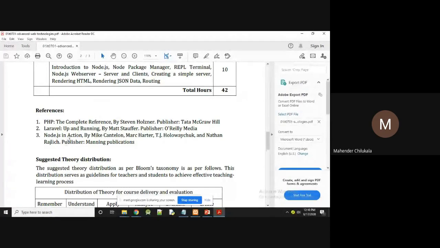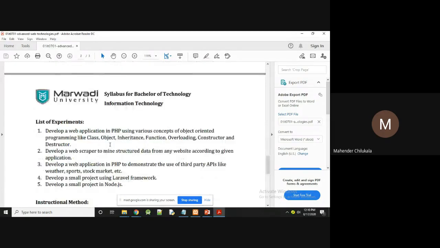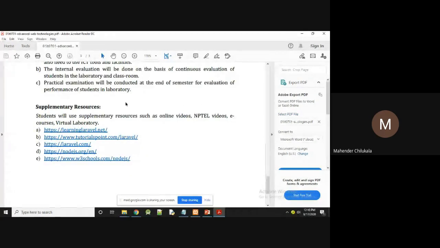Only two, three books are available for Laravel. You can also get the PDF of this book. This Laravel book, you can get the PDF from Google, or else I will share with you. I have that book. The remaining ones I will explain tomorrow in theory, because the other two batches are not here.